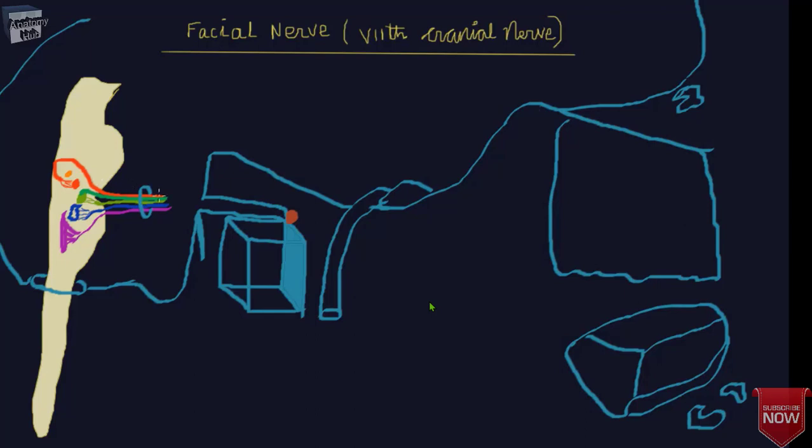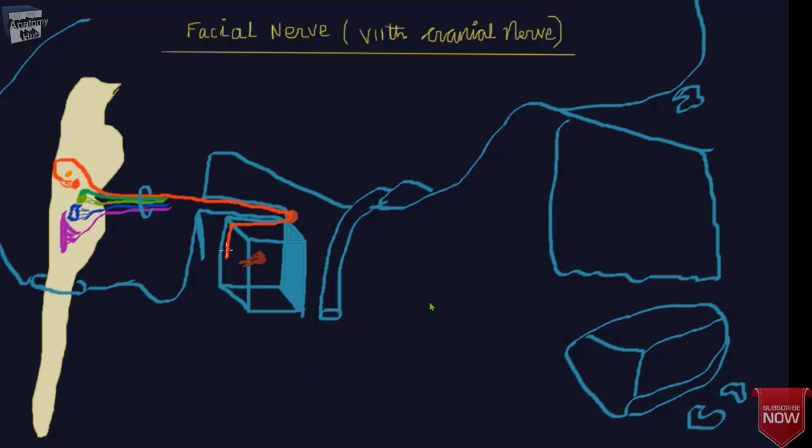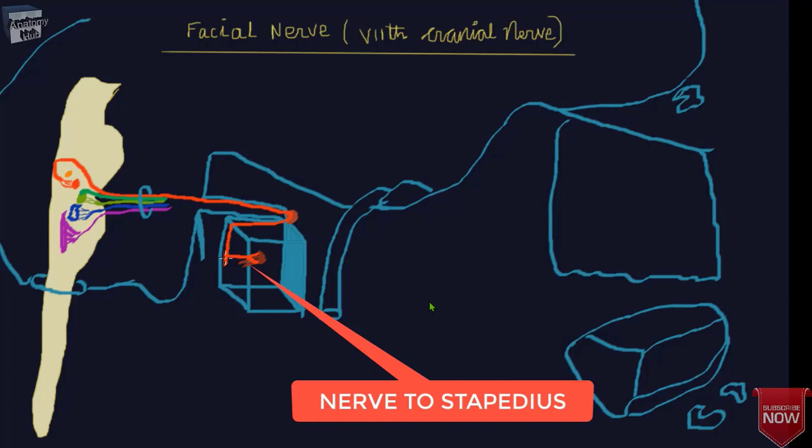Now we will bring in the branchiomotor fibers. The motor fibers generally come towards the geniculate ganglion, then they descend down on the roof of the middle ear, then to the posterior wall of the middle ear, and here we will find a muscle. This muscle is known as the stapedius muscle. As I have already told you, this is derived from the second branchial arch, and the nerve also. So here it gives a branch known as the nerve to stapedius muscle, the first branch.